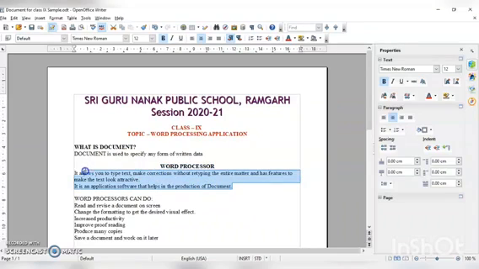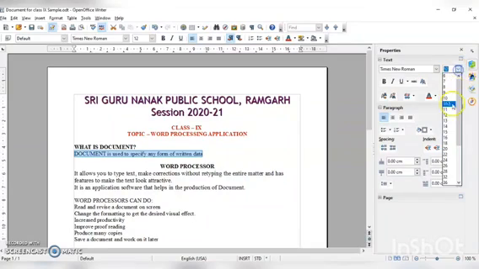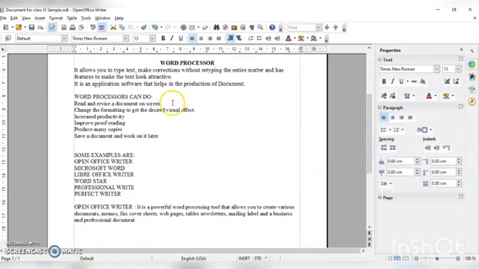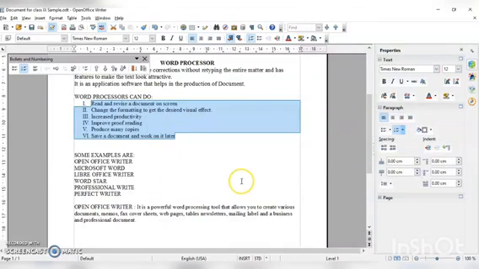To increase the font size, we can opt for the font size option, and we can increase the text data. You can also opt for 13 here. Now moving forward, we have to add some bullets and numbering because these are points, and points should be mentioned in bullets and numbering. Simply we have to click on the bullets or numbering option.